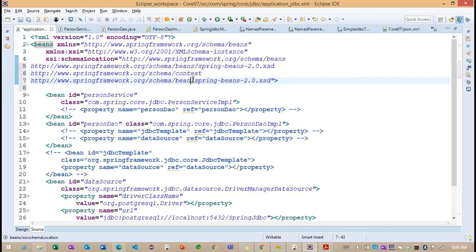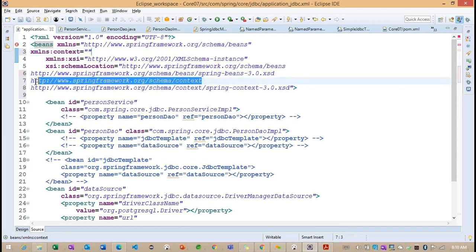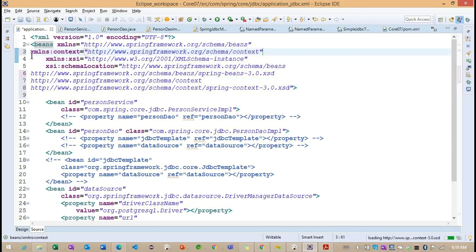In the previous example, we identified that we need to add one more tag whenever we work with the AutoWire annotation. For the context, we go for the 3.0 schema, and we need to add this particular context here. So it will give you context-related tags.